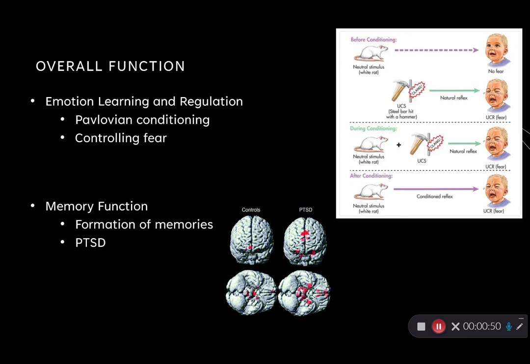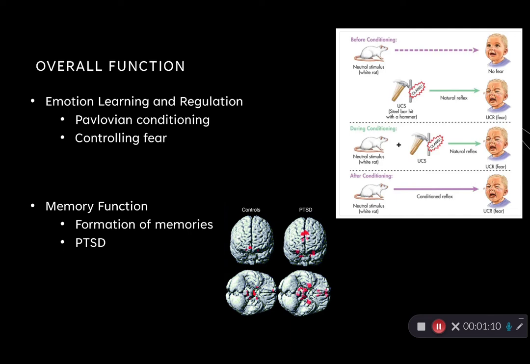The overall function of the amygdala is processing of emotions and memories, especially associated with fear. This makes sense since it's part of the limbic system in the brain, which is the main component in processing emotions like fear and pleasure. Some important main functions would be the amygdala's part in emotion learning and emotional behavior.